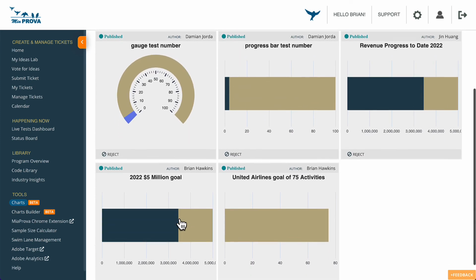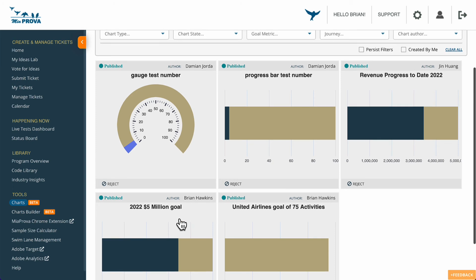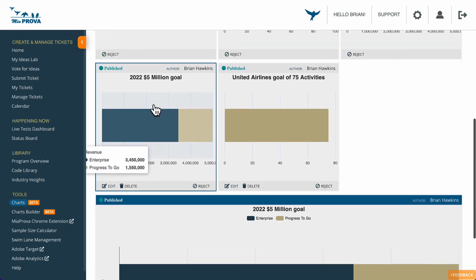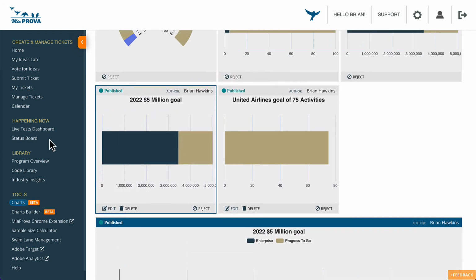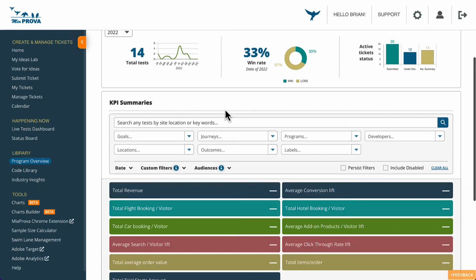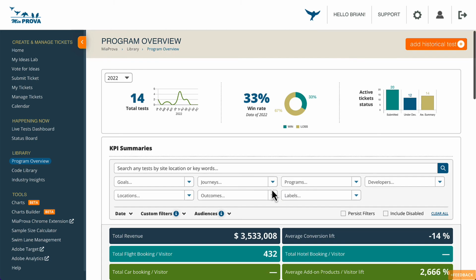We have a very exciting addition coming to this very, very soon. That's going to make this even more powerful. But you can see here's an example where I'll actually go over to the program overview. I'm going to open a new tab so you can see how this comes together. So in this particular